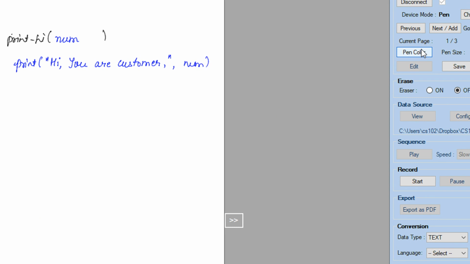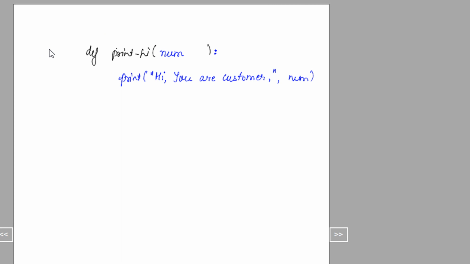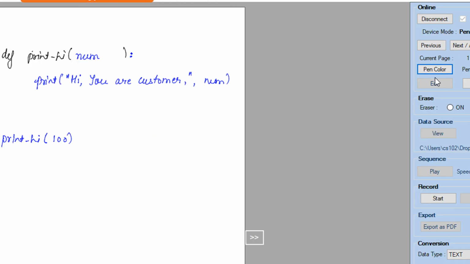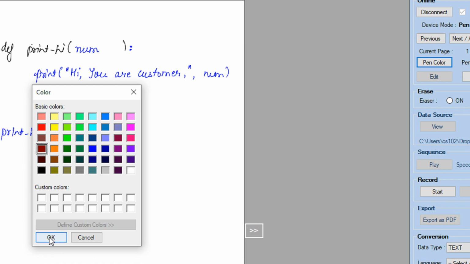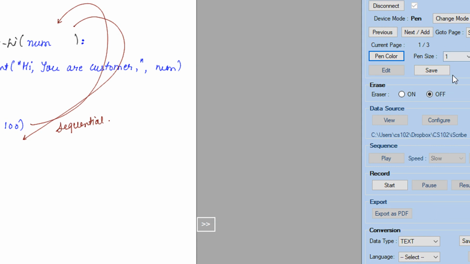Let us keep this small only. And this will be a colon here. Now you are calling the print hi function. Because this was without thread, you call the print hi function, it goes there and comes back here. So this is sequential. Let me just erase this.